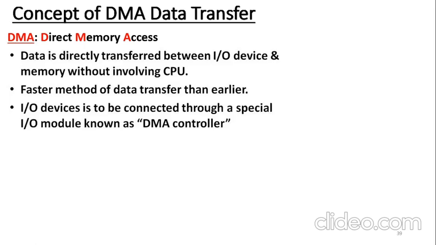Let me tell you here. The DMA controller in the case of Intel's processors is the 8237, and one more is the 8257. So there are two DMA controllers specially designed for Intel's 8086 processor, Intel's 8085 processor, or the other next generation processors. We'll see the details of DMA data transfer in minimum mode in the next lecture.